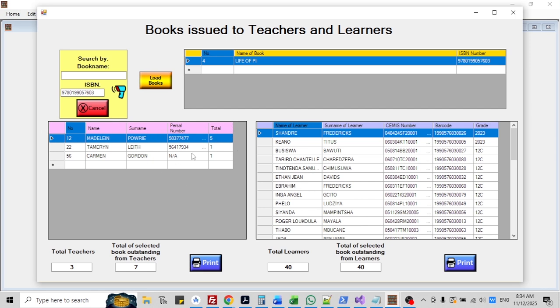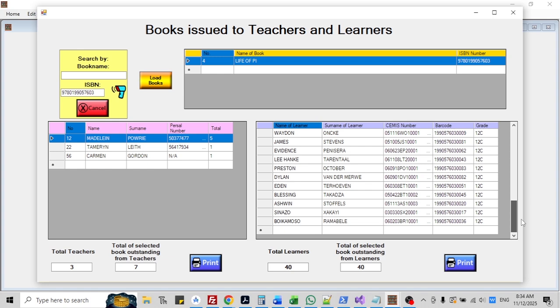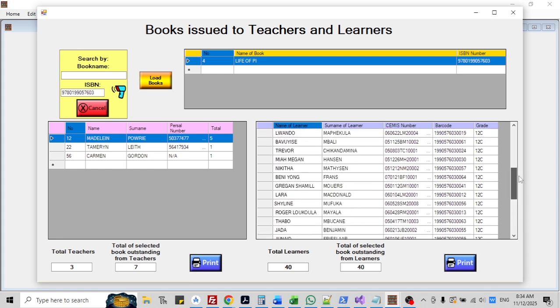Madeleine Powry has 5, and this teacher here has 1 and 1. That is 7 books in the possession of teachers, and 40 of the books are in possession of learners. And here are the learners that currently have Life of Pi. I can print this list out if I want to go and check on these books, if the learners are still in possession of it.